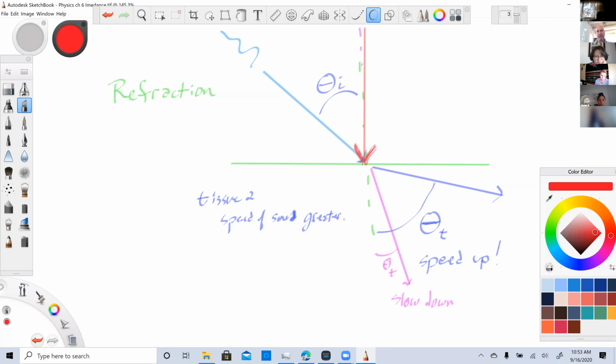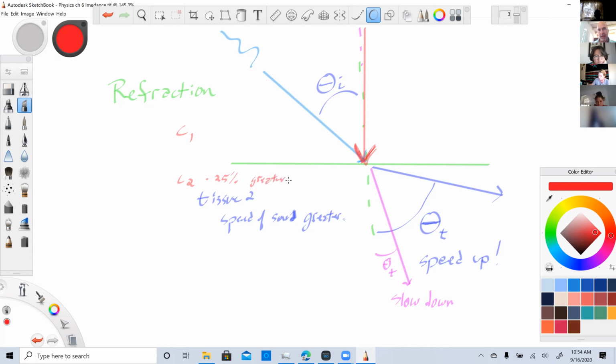I have a speed of sound, C1, and C2 down here. Tissue 1, tissue 2. Speed of sound in 1, speed of sound in 2. Speed of sound in 2 is 25%